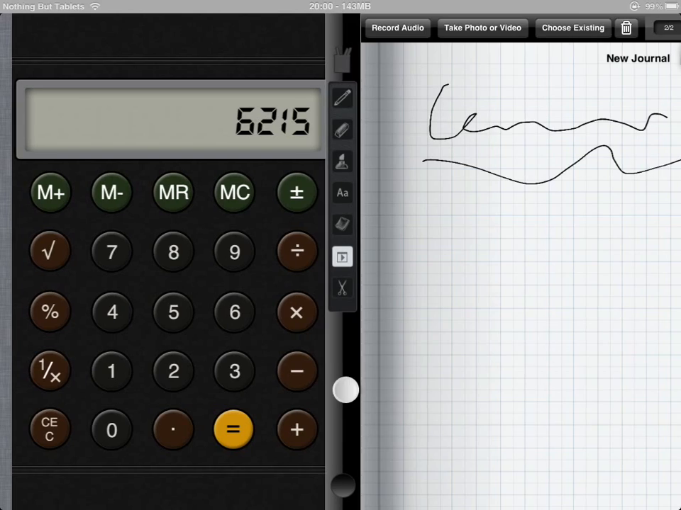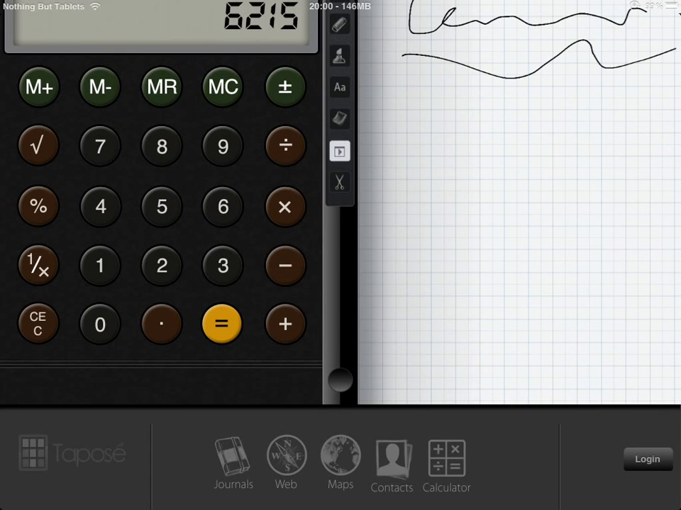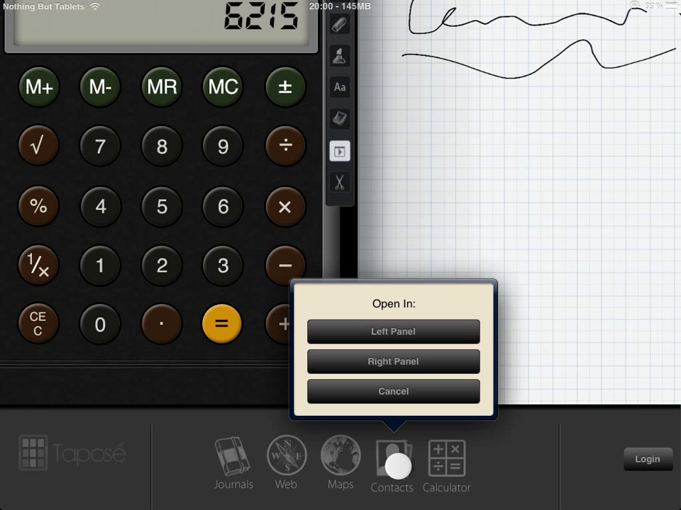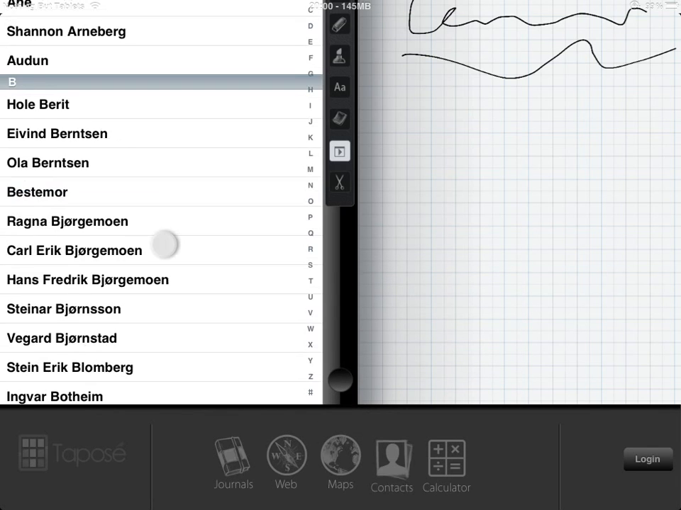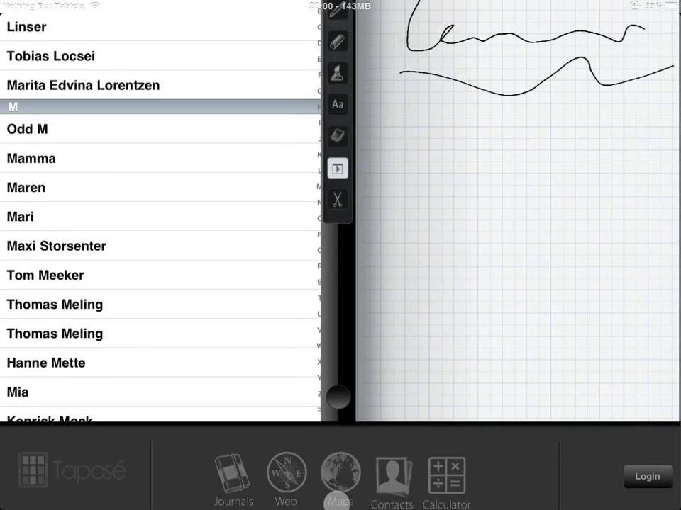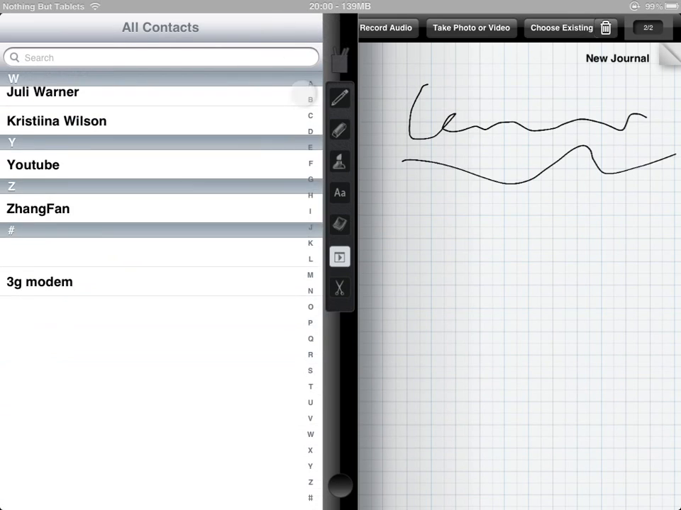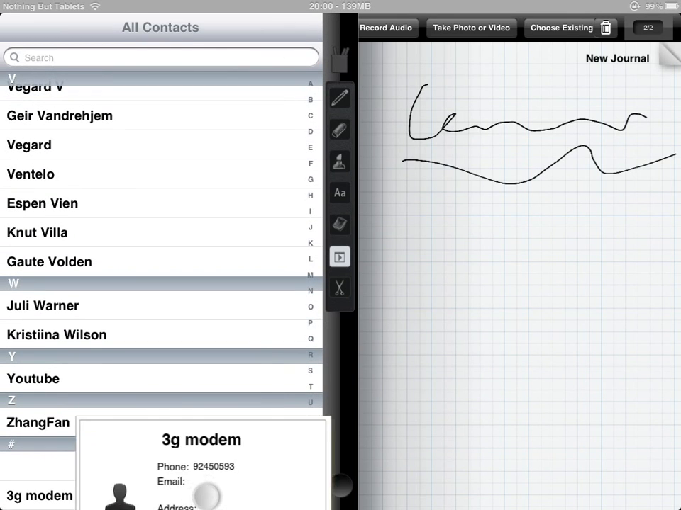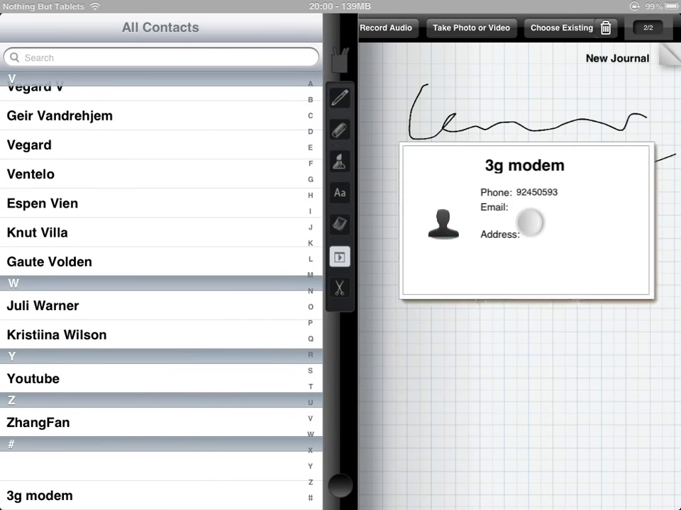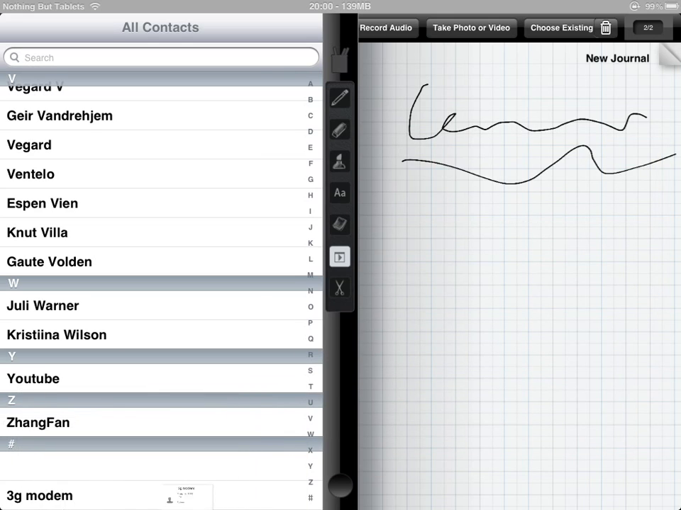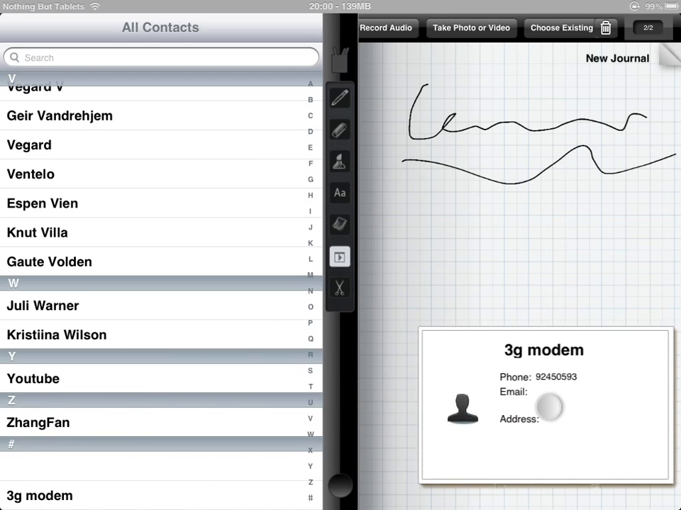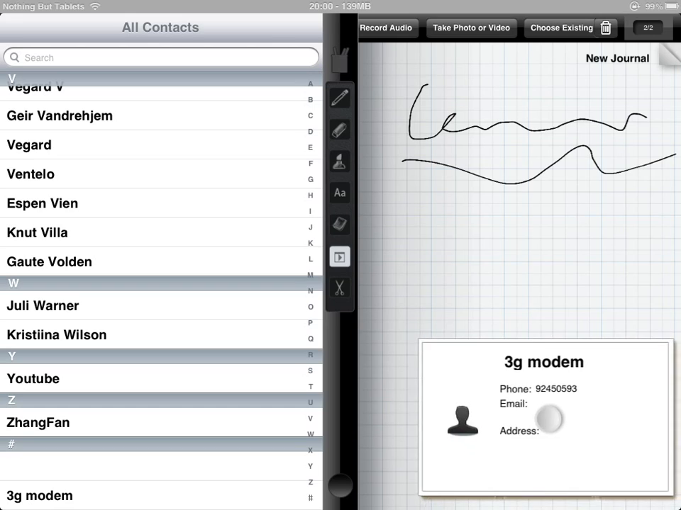So that's the calculator. I'm going sort of in the order from the most simple to the most useful, or not necessarily useful, but the most complex right now. Over to contacts. Let me just drag that over there. Going to find just an old number that doesn't work anymore, so it doesn't matter if it ends up on the internet. I'm just grabbing the contact from my contact list and putting it here in my